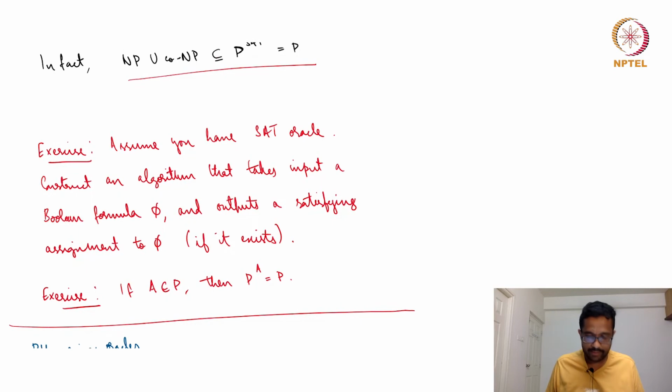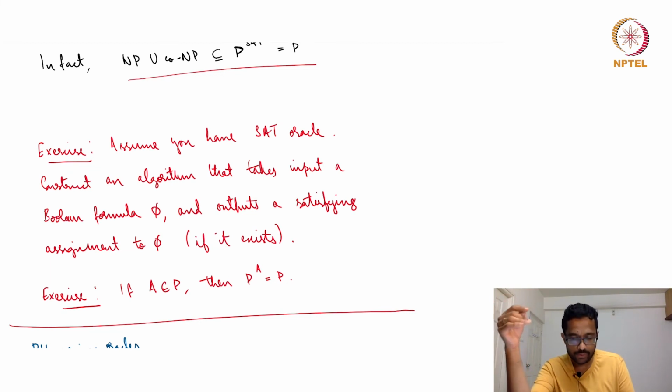Maybe two exercises. The first exercise is for you to see how powerful the idea of making multiple queries to a certain oracle can be. Suppose you have a SAT oracle, which tells you yes or no, given a SAT instance, whether it is satisfiable or not. Now please construct an algorithm which, given a Boolean formula,